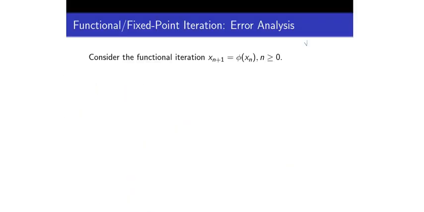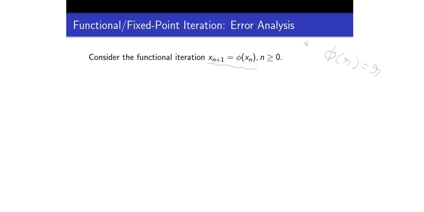So we will now move to discuss the error analysis part of it. Consider the functional iteration. Let's assume that everything is nice, meaning phi is at least a contractive mapping, so that the convergence is unique, and let's say R is the unique fixed point, meaning R equals phi of R. Phi is a contractive mapping which maps (a, b) into (a, b) itself, and R is a fixed point of phi.